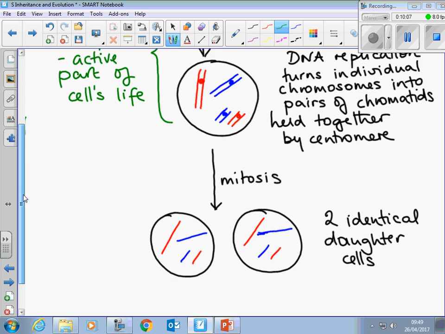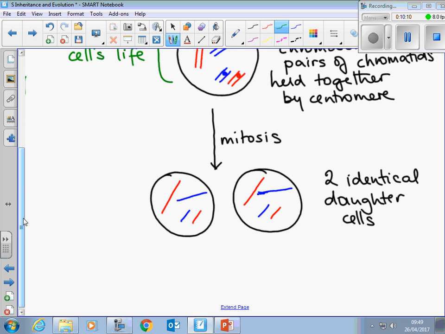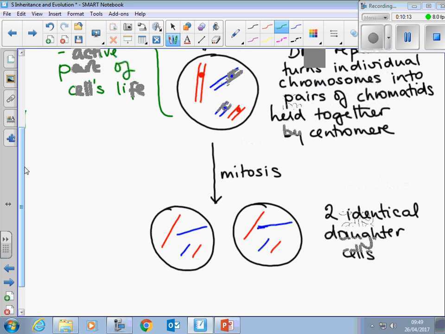The mitosis bit is the bit that we're going to concentrate on. How do we get from those pairs of chromatids up there to another nicely arranged set of single chromosomes, single pairs, let's say, in the daughter cells? In the mitosis process itself, there are 4 clear, separate phases, if you like, but it's not as though you have one and that stops and then the next one starts. It is a continuous process, and there are all sorts of intermediate stages you can identify, but we will only need to identify the main phases, which are prophase,